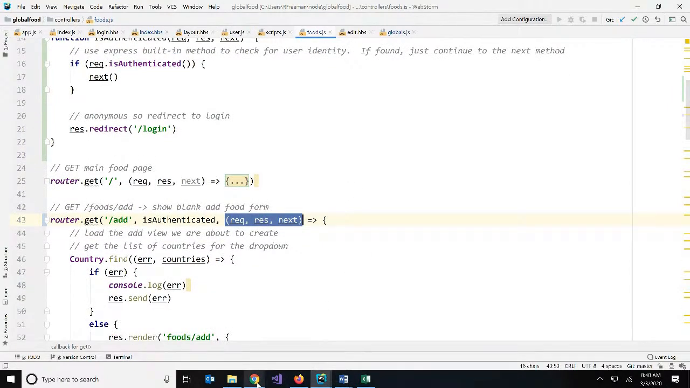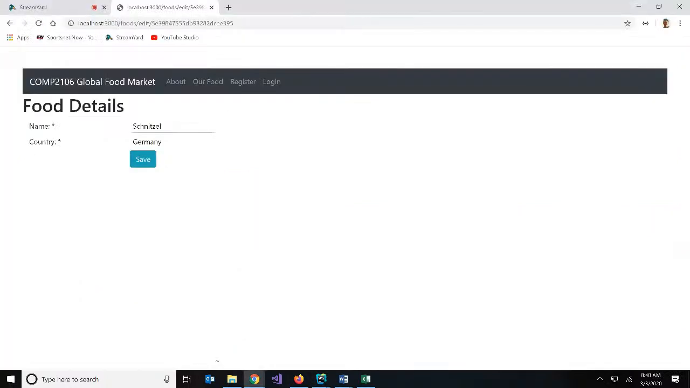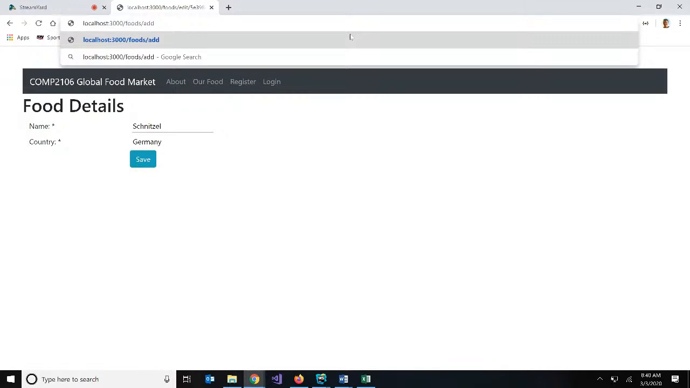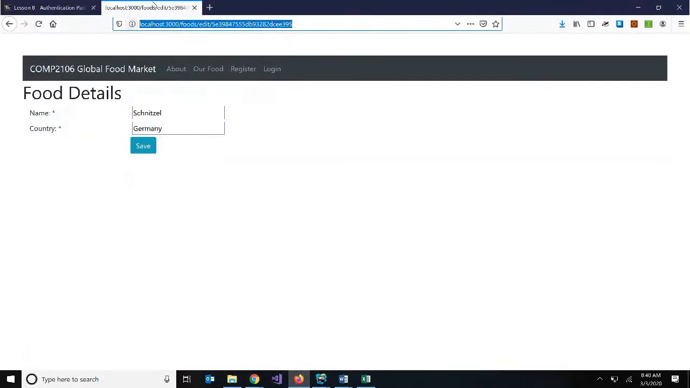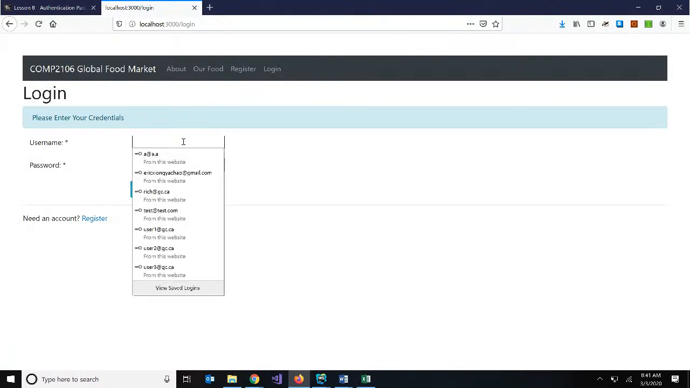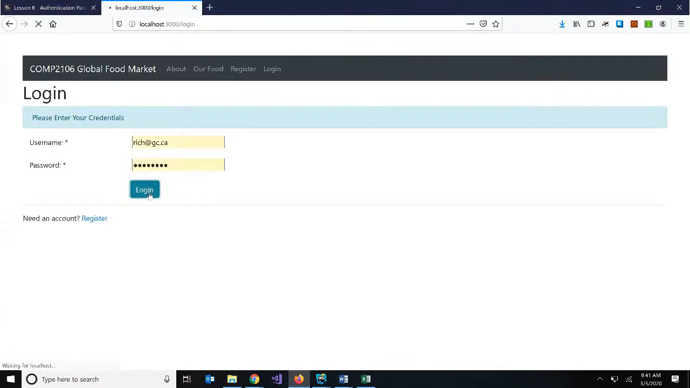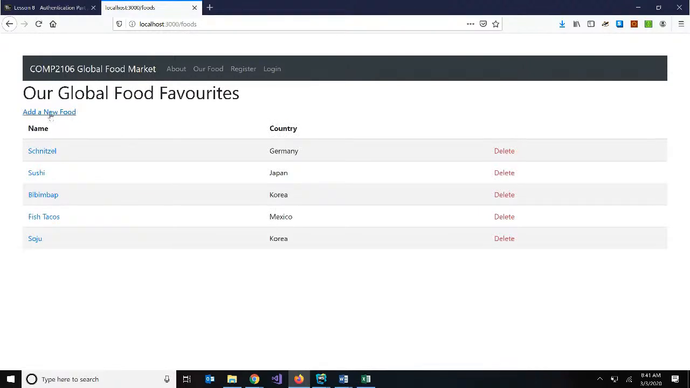So if we save this and now I go to a browser where I'm anonymous, if I try food/add, the isAuthenticated check runs, says nope, you're not logged in, and in Chrome it redirects to the login screen. If I go to Firefox, I have to log in again. But once I've logged in,